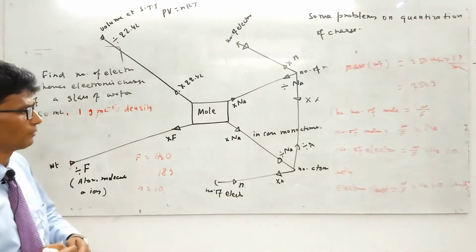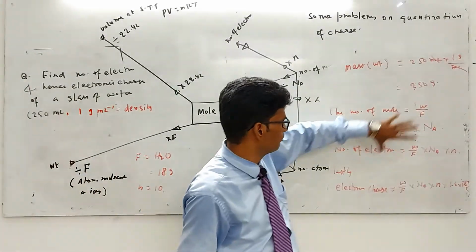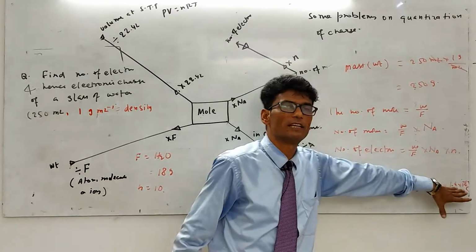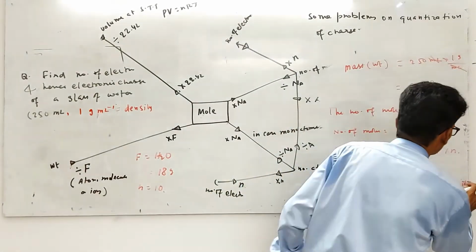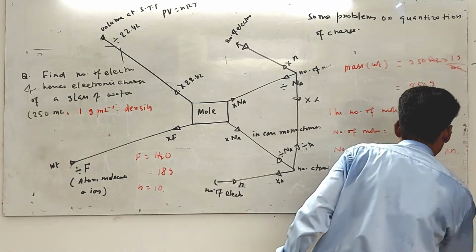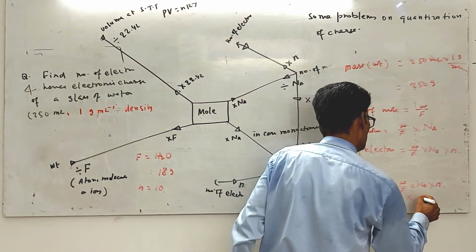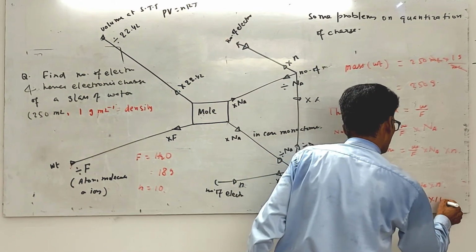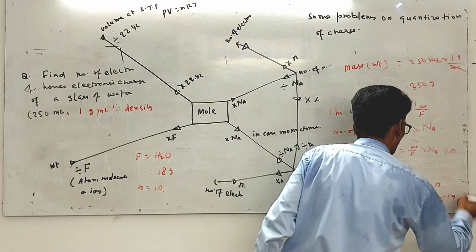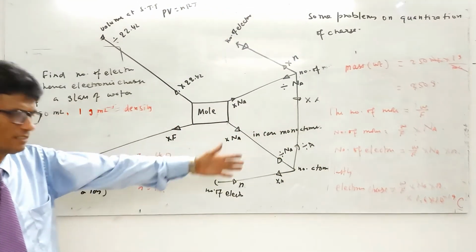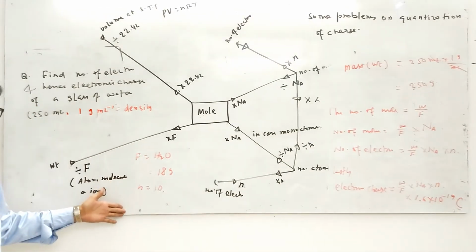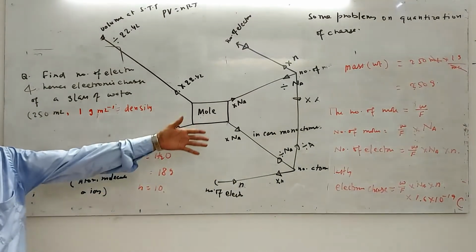So now put the value of everything here to get firstly the number of electrons, and then finally multiply with 1.6 multiplied by 10 to the power of minus 19 coulomb. So you may get the answer. It is quite easy to get the answer because everything has been mentioned on the board. So put the values and do the cancellation.